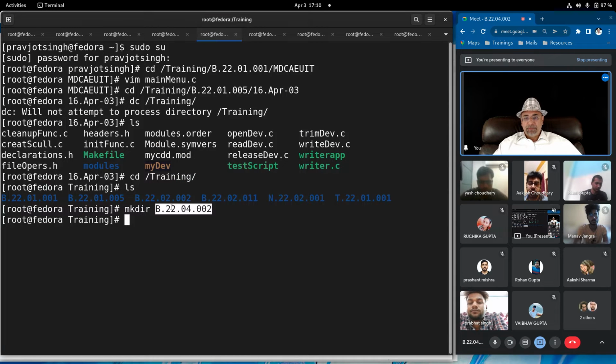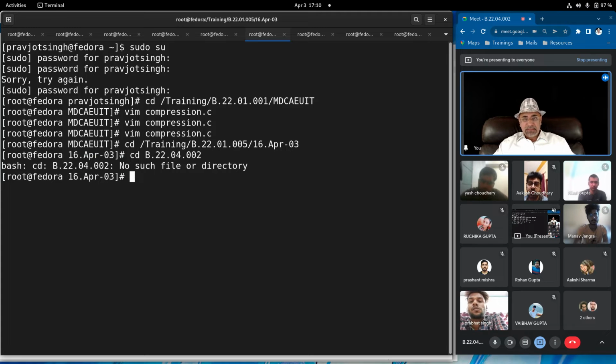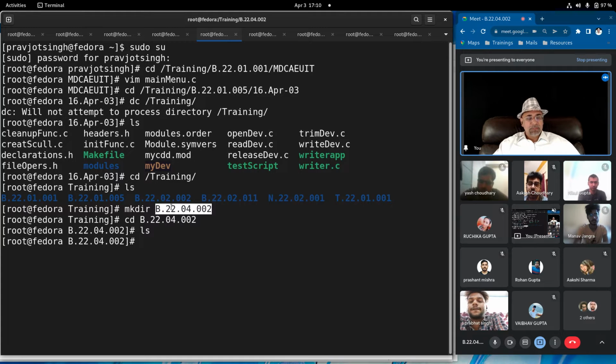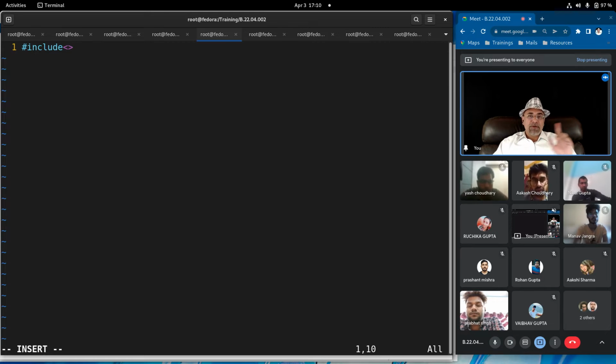I make a directory in your name, and let's go to this directory. We'll do most of the things in this directory, and instead of reading and seeing the original programs, we'll try to write our own programs and try to get into errors, face errors. Hello.c++. The file name extension will be C++, CPP. So in here you will have include just like C, but there is no header file to be included.